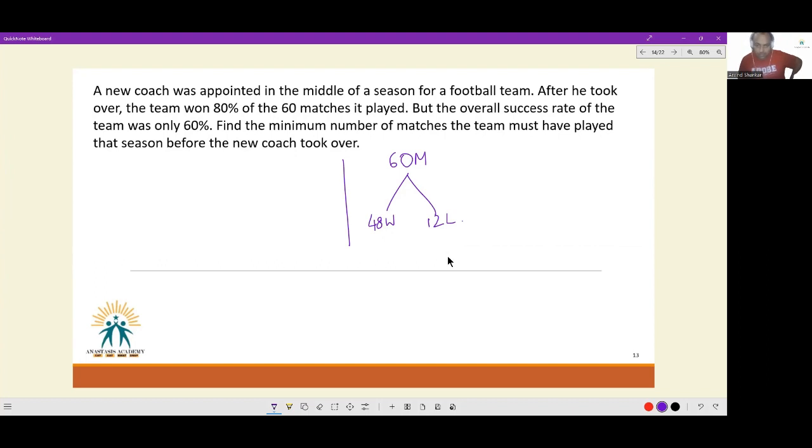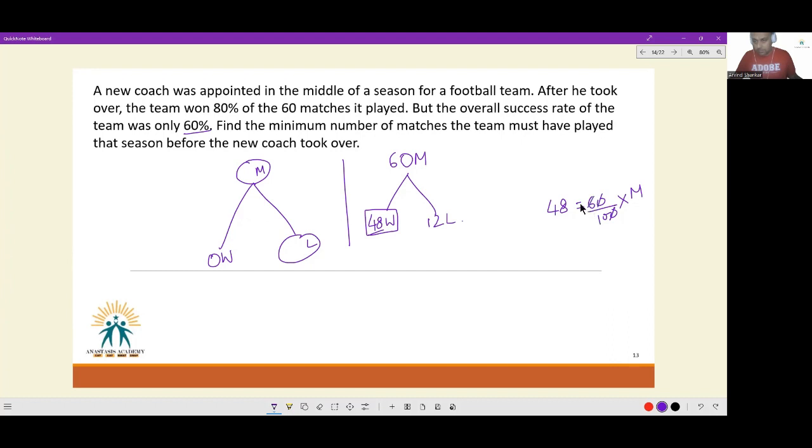Find the minimum number of matches the team must have played that season before the new coach took over. So if I want the minimum number of matches, right now the winning percentage is 80%. We want to bring it down to 60. So in the initial phase, let all the matches that were played be losses only. Let there be 0 wins here, and let them all be losses only. Which means the 60% success rate, combining these two, is on account of only these 48 wins. So if 48 is equal to 60% of total matches played,